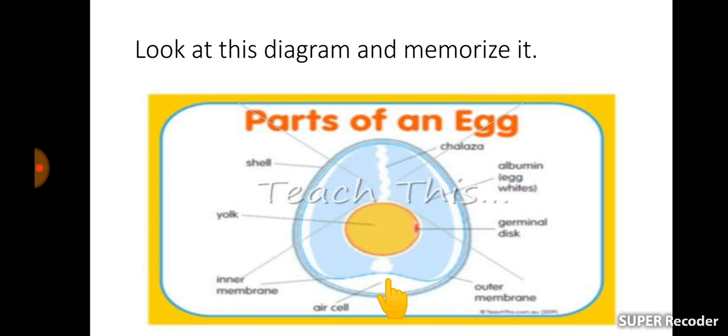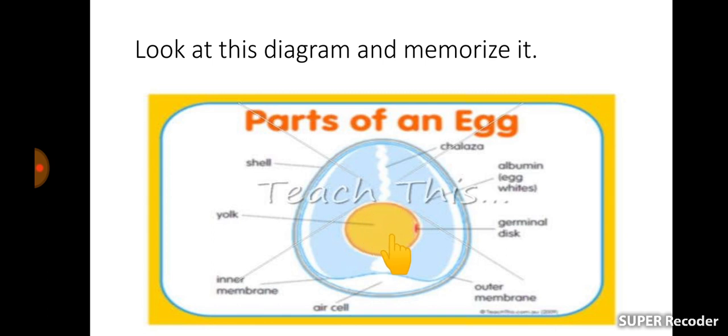Now I have given you a somewhat more detailed diagram of an egg, because the one in your book is a bit concise. I want to give you a little more information about what the structure of an egg looks like. In your book there is only the yolk, the white transparent part which is the albumin, and the outer part of the egg which is the shell. But let's get a bit more into detail. You can look at the diagram and learn from it, and then you can crack an egg in a bowl and find these parts. You can see the rest of the parts in the original egg.